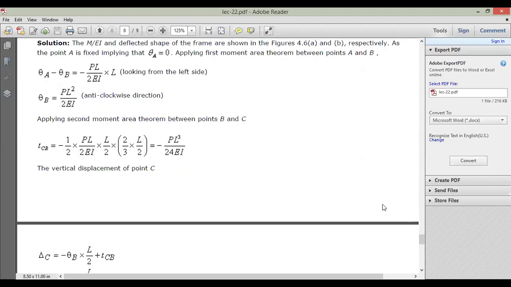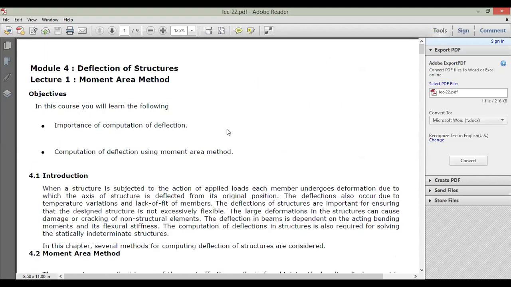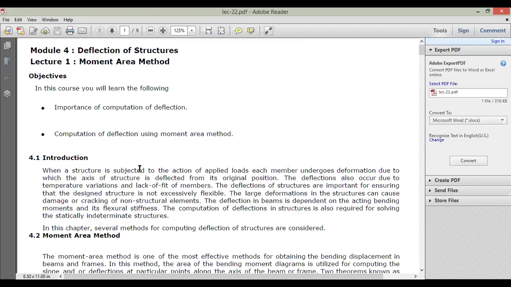So this was the case where we have studied deflection of beams and related with moment area method. So you can easily understand all the cases. Still, there are ambiguities and